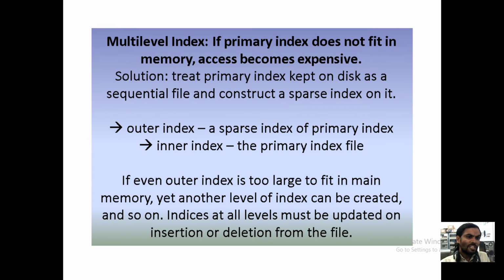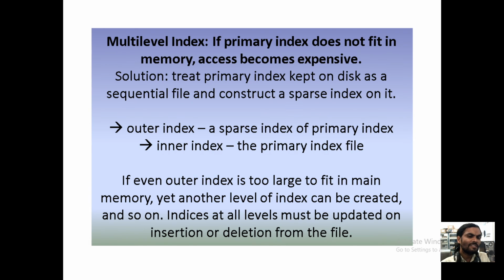The solution is to keep the primary index on the disk as a sequential file and construct a sparse index on it. For the outer index, we treat the sparse index of the primary index, or the inner index, as the inner primary index file.